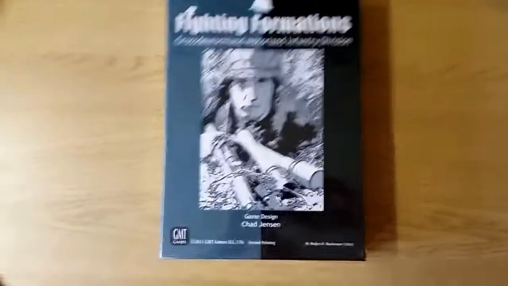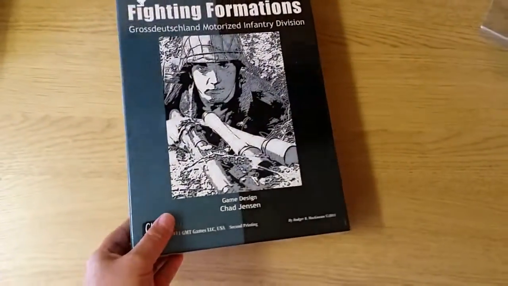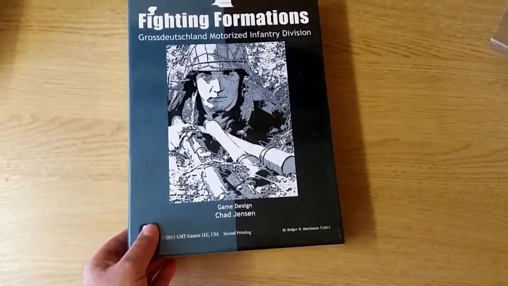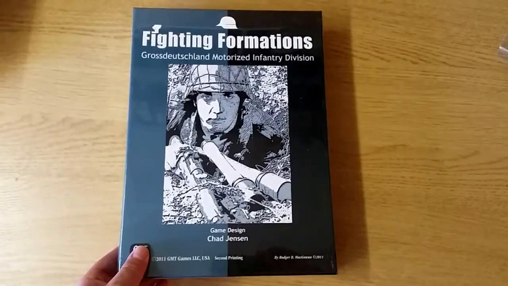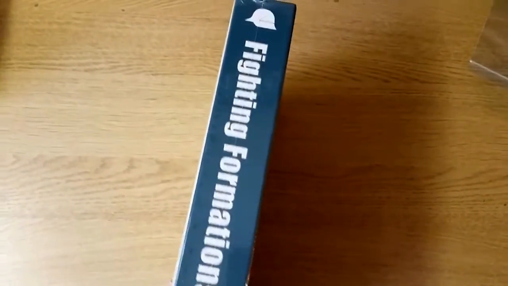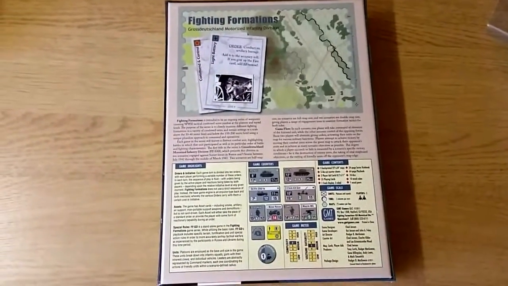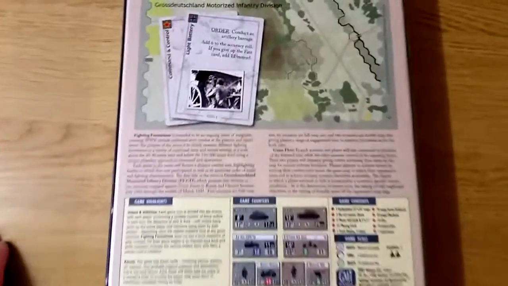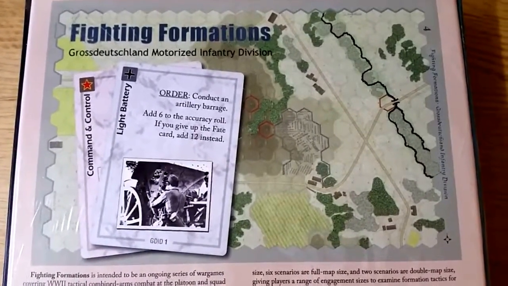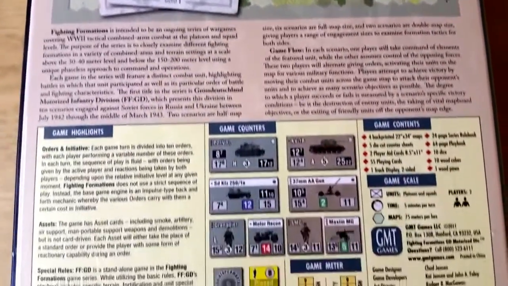And so anyway, an interesting cover here of a rifleman with a couple of German potato mashers, or hand grenades. A 2-inch box, and the back of the Fighting Formations box. Here you see one of the many maps that are in the game, a couple of sample cards, counters,